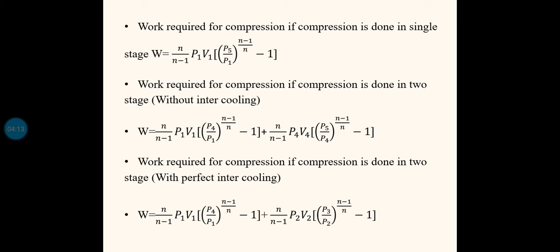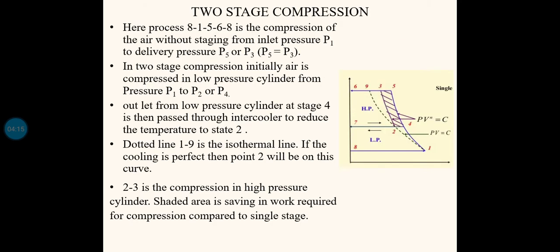Now in this case you can see that here also the compression is actually taking place between two stages, that is the initial compression from stage 1 to stage 4. From there intercooling is taking place between 4 to 2, then 2 to 3 is the second stage compression. Instead of 4-5 here it is 2-3. But one more thing you have to remember is P4 equal to P2 and here P5 equal to P3. Okay, so since these two are the horizontal constant pressure lines, P4 will be equal to P2, P5 will be equal to P3. That you have to keep in mind.